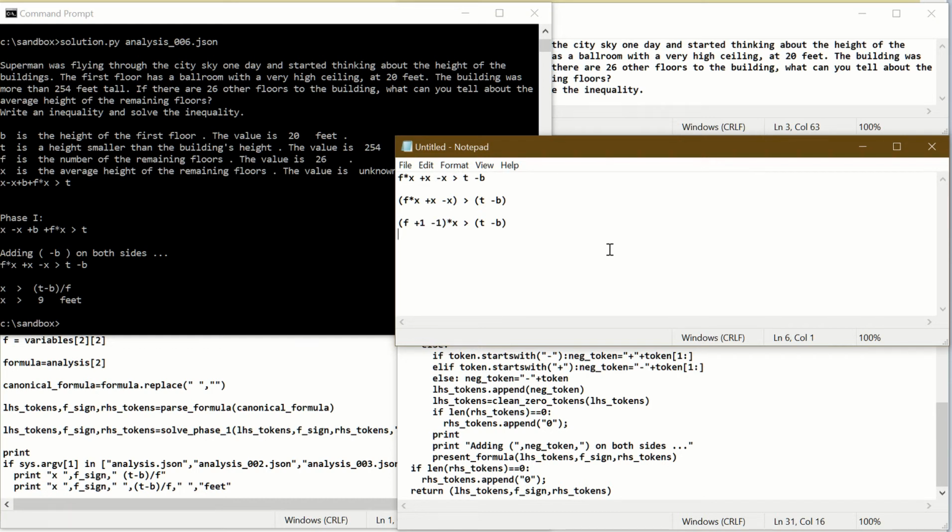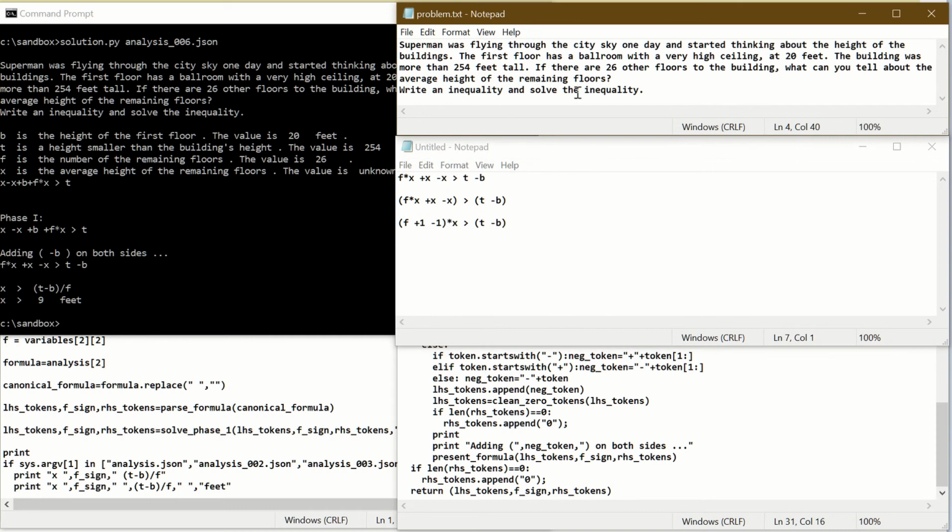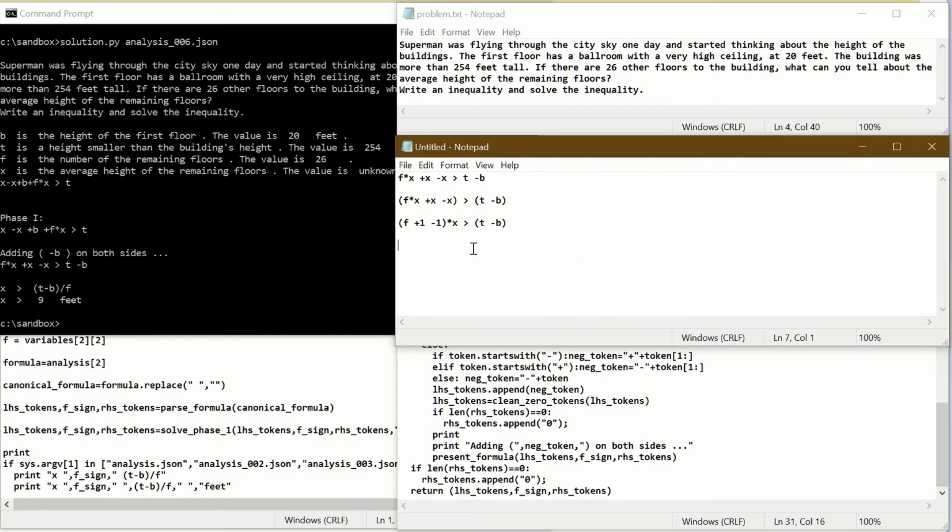Okay, I will have to estimate the value of this factor of x to determine if it is negative or positive. So in our case, f was the 26, so 26 plus 1, so I will just write down here, estimate f plus 1 minus 1. Then I will have if positive, then I will say